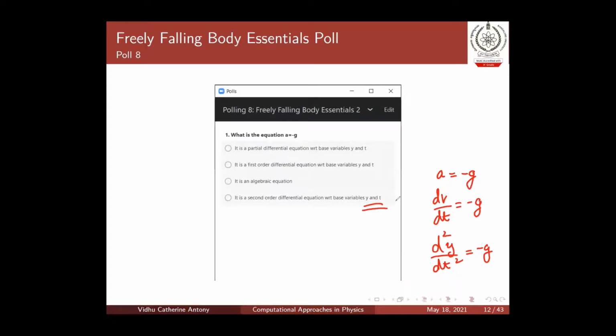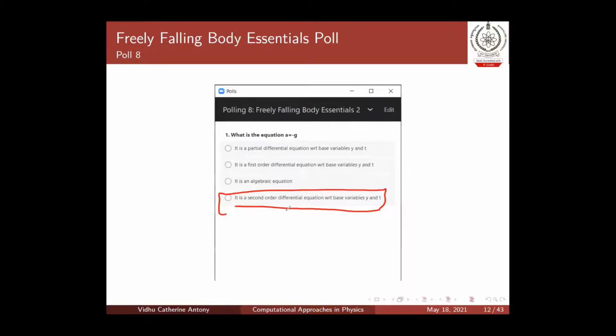Okay, I will stop sharing the results. But the funny part is that you guys still went on to answer it is an algebraic equation, even though I made that remark. Towards the end, I saw another person put in algebraic equation. I hope that doesn't confuse you because I boxed that particular thing. The answer is it is a second order differential equation with respect to base variables y and t. Okay, so let's move on to